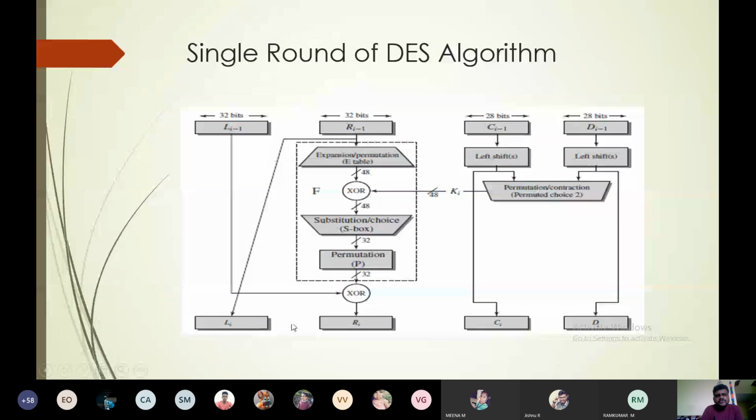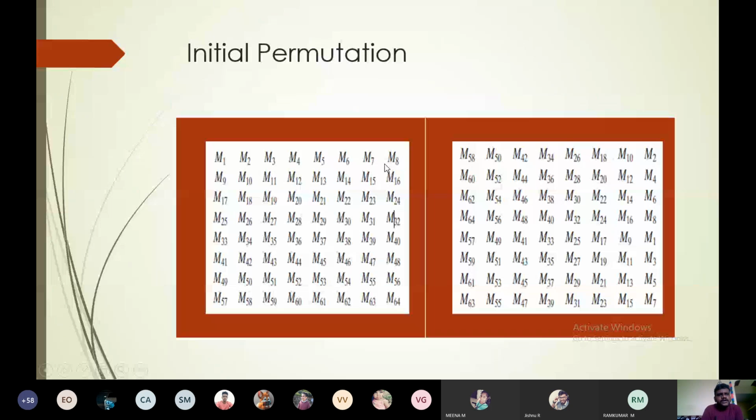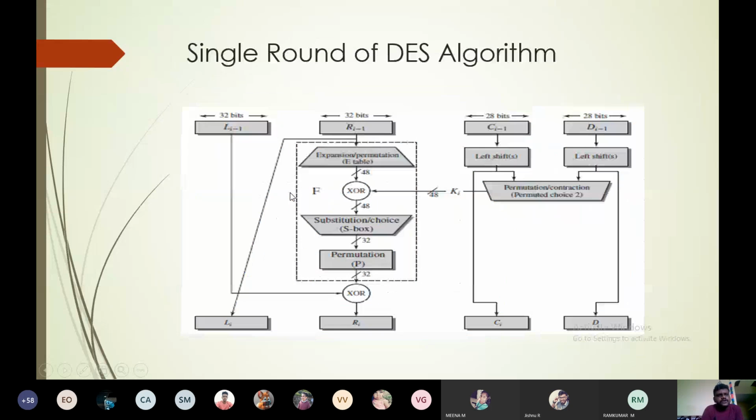Okay, so this will be the input for that round 2. As I already told, these all happened in a single round. After the single round, we got an output, and that output will be the input for round 2. In this diagram, the input for round 1 is Li minus 1, Ri minus 1. The input for C is Ca minus 1, Da minus 1 in round 1. In round 2, the input will be Li and Ri, and on the key side, Ca and Da are the input for the key function.